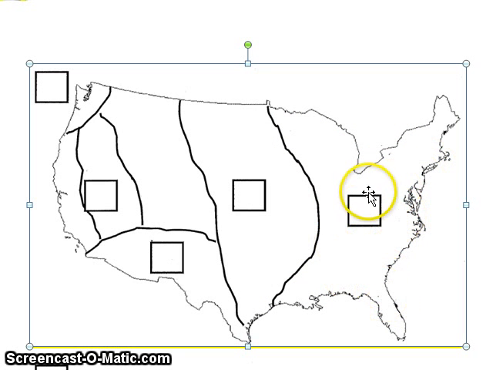The whole section, this box right here, you're going to put the letter A. And then down in the bottom corner, you're going to write A, and out beside A, you're going to write Eastern Woodlands. Whenever you do that, that makes a legend so that whenever you go back and study it, you can make sure that you name each region.